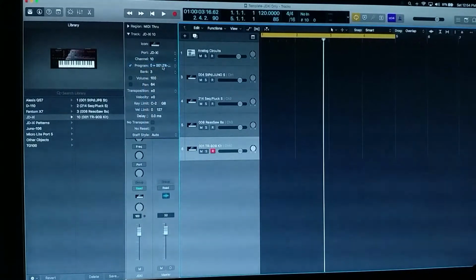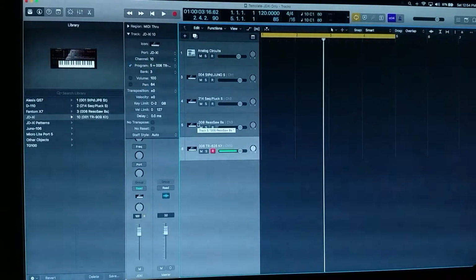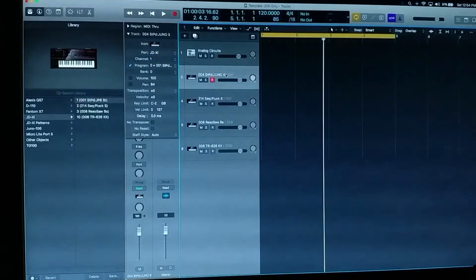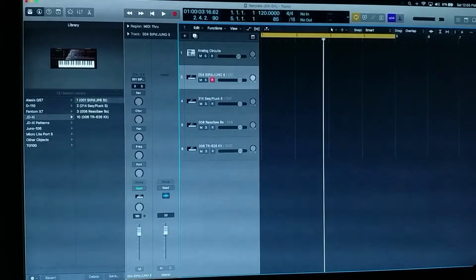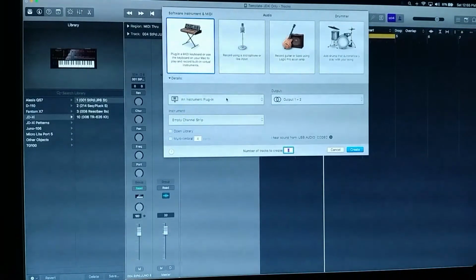Say you want a 909. Or maybe you want more of a, like I used to have a 626. So let's go with that. That's fine. So now we got all four set up. That's pretty cool. And what's kind of cool, as I mentioned, you can set up your external also this way,